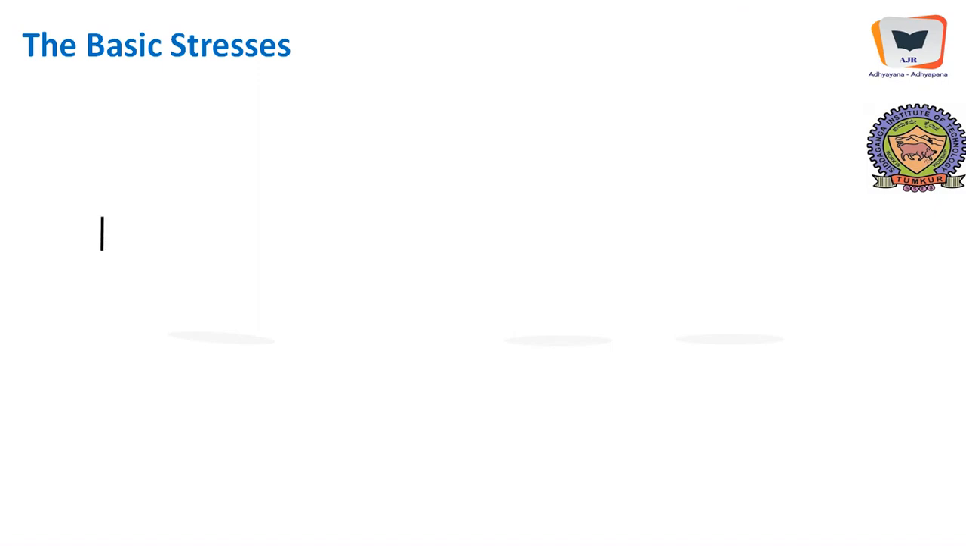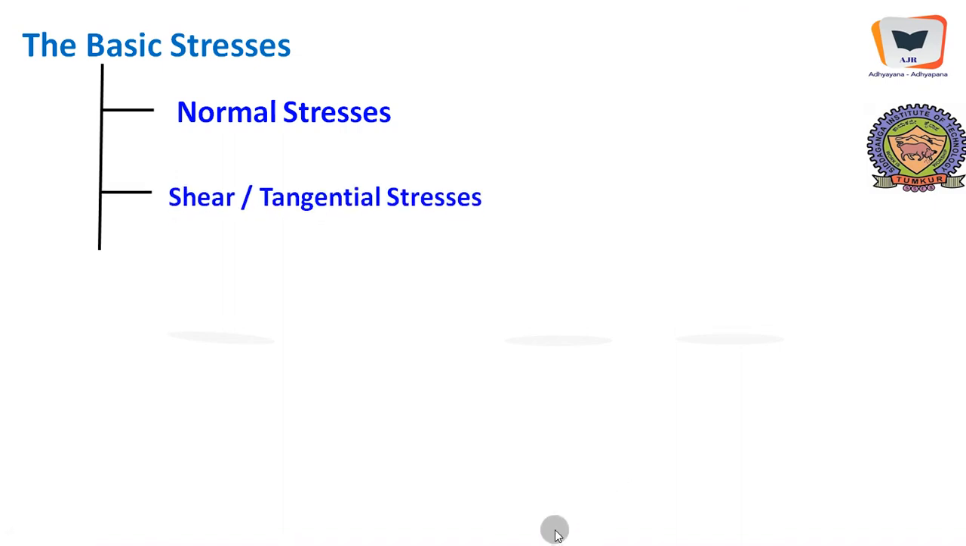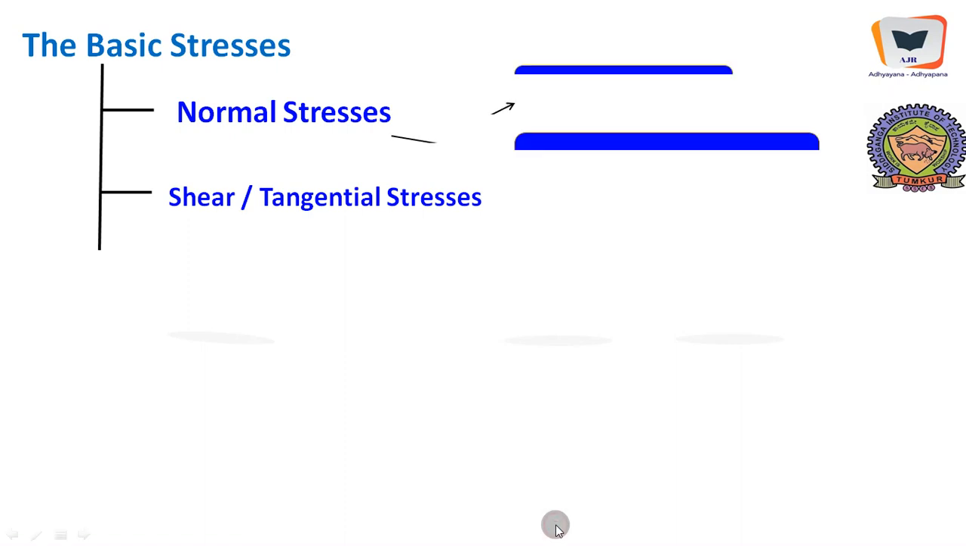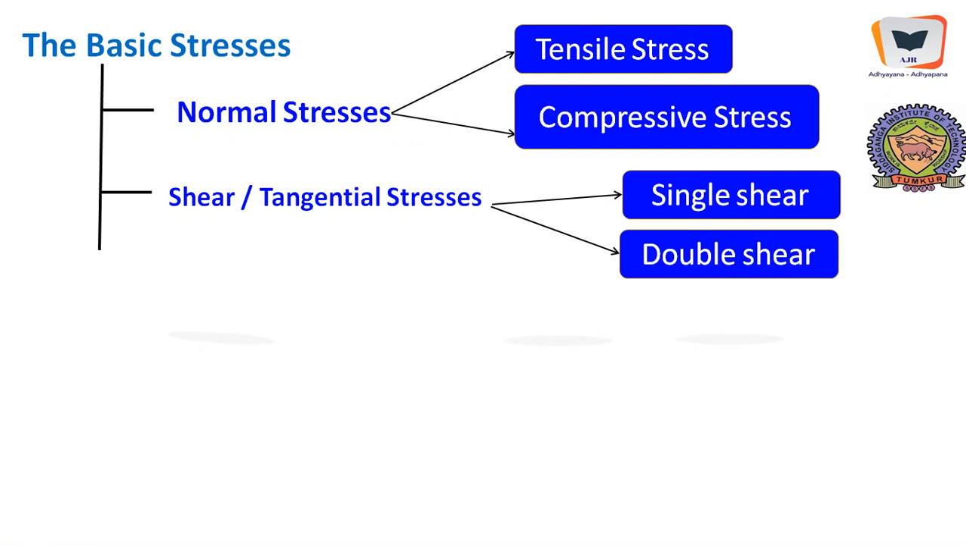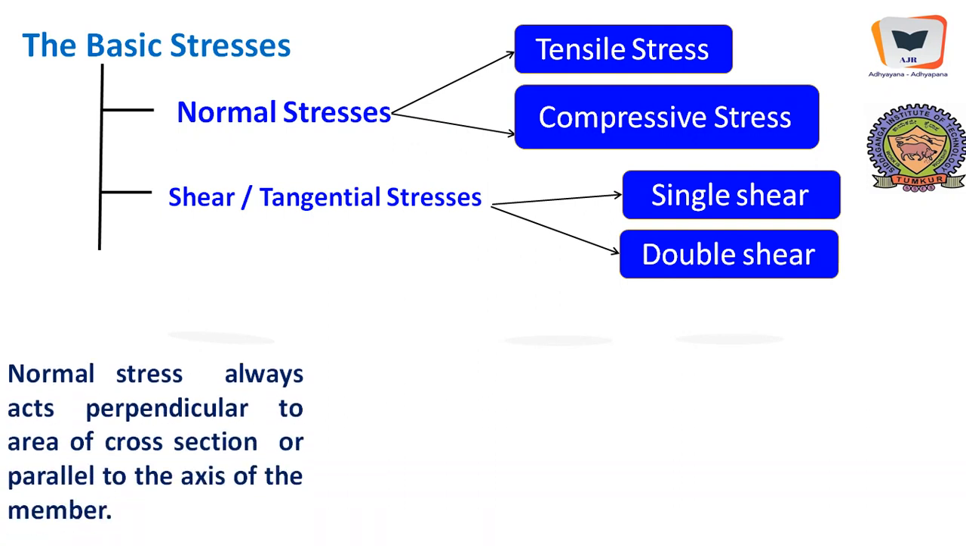The basic stresses can be categorized into two types: the normal stress and the shear or tangential stress. Normal stress can further be broken down into two types. It could be tensile stress or it could be compressive stress. And shear stress can be divided further into single shear stress and double shear stress. And normal stress always acts perpendicular to the area of cross section or parallel to the axis of the